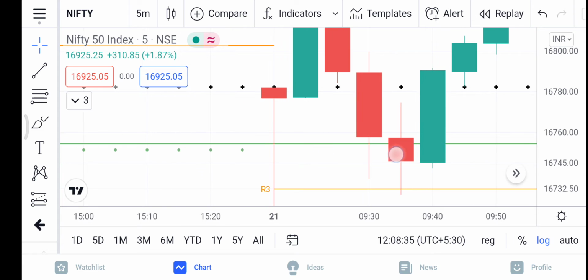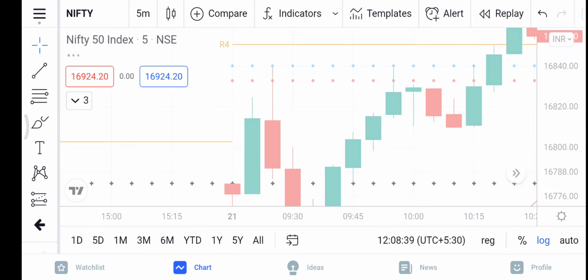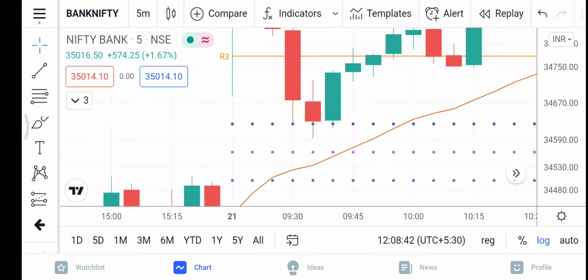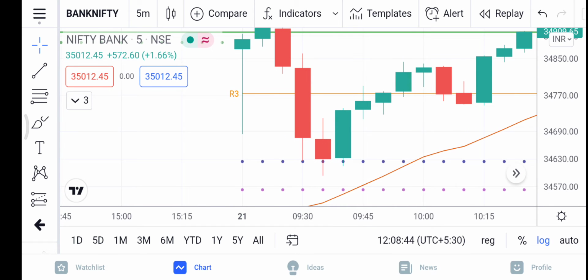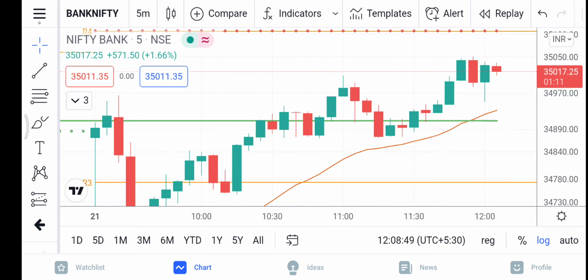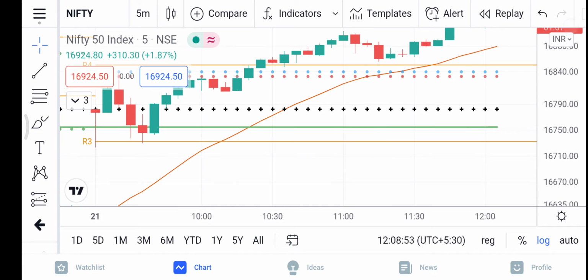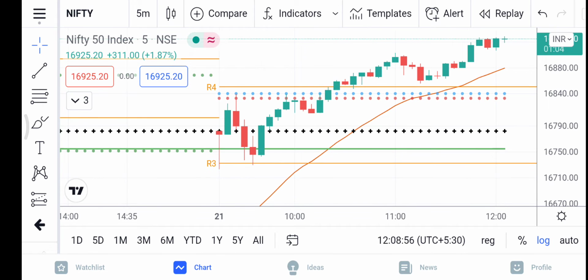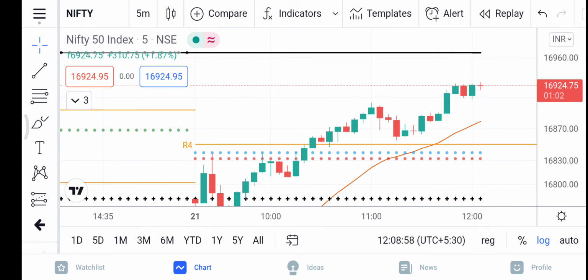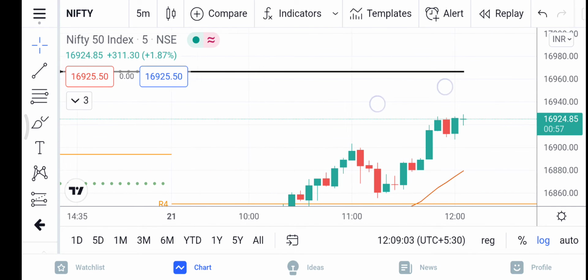So from that the market started consolidating and it moved up because the Bank Nifty was having a support of daily CPR. See, whenever the candle touches the CPR, it bounces back. As you can see, it is consolidating a bit further, and even Nifty bounced back from that region, that is near the weekly support, and it is going till here, and it may face resistance near this weekly low. This black horizontal line which you are seeing is the weekly low. So weekly low usually acts as a support.